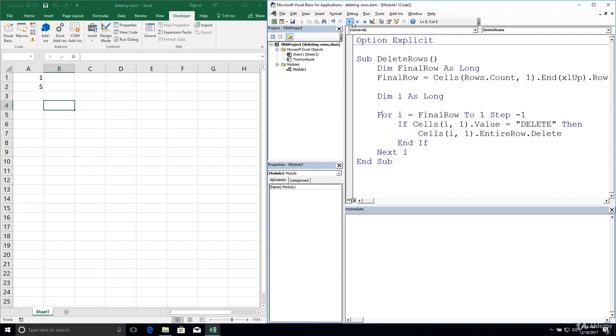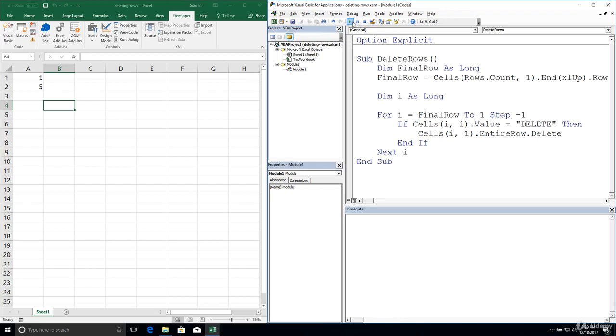We can do whatever interval we want to use. And the primary use case for this is whenever we want to delete rows. The reason we want to do that is because if we proceed downwards when deleting rows, we might miss specific rows as they move up because our I variable is still going to stay the same, and it's not going to be able to realize that rows have moved up. This problem will be avoided if you loop from the bottom all the way to the top. So remember, whenever you are deleting rows, always move from the very bottom to the top.